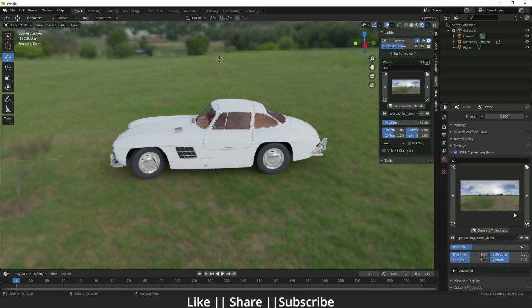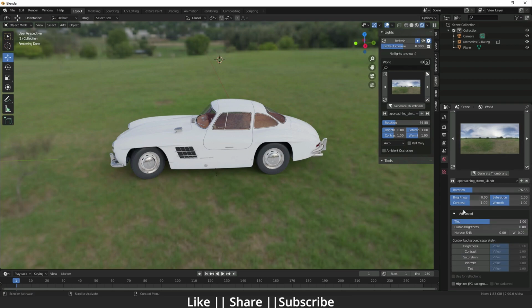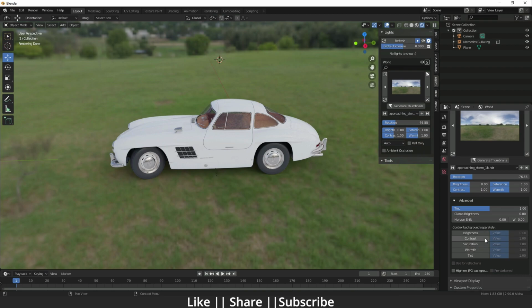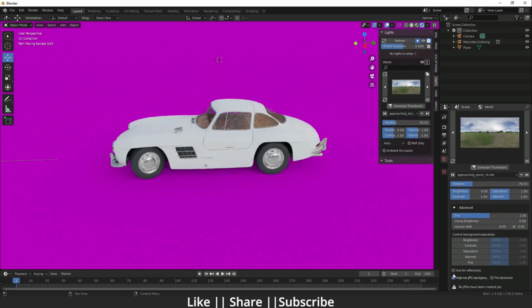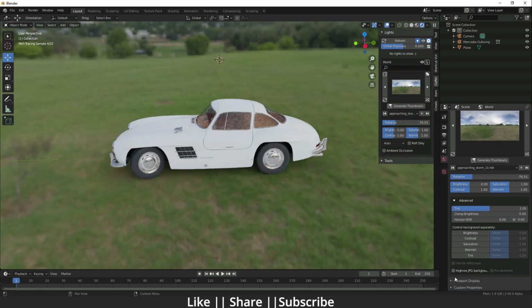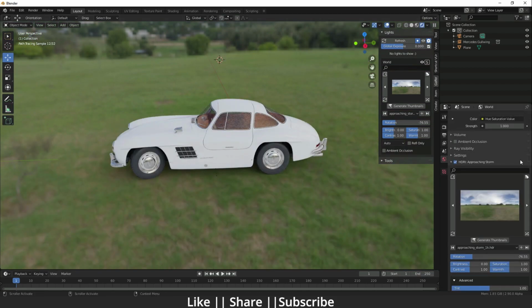And if we look at that, here we also have some advanced options. In that section it's showing only brightness and contrast, but here there are more options, so we can also use them from this side. Here we can also choose to only use high-res JPEG. Sometimes we need it, but right now I know we don't need it, but yeah, we can use it. The same thing we can do from here also.